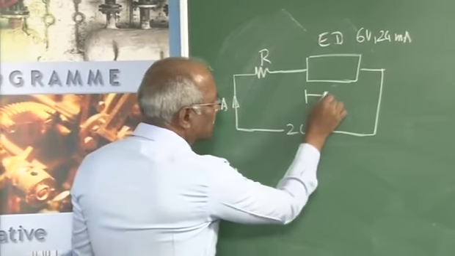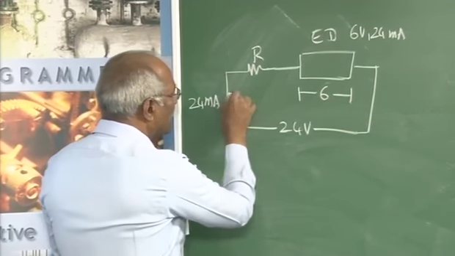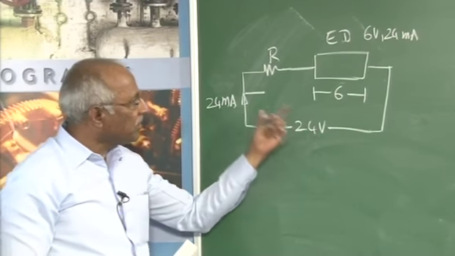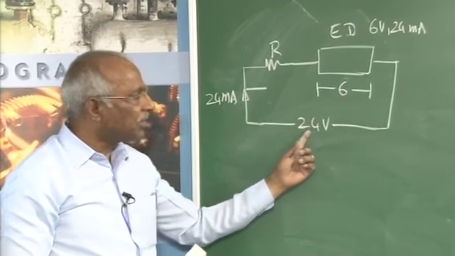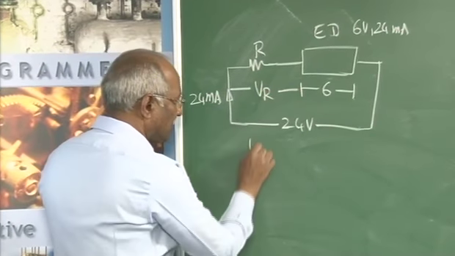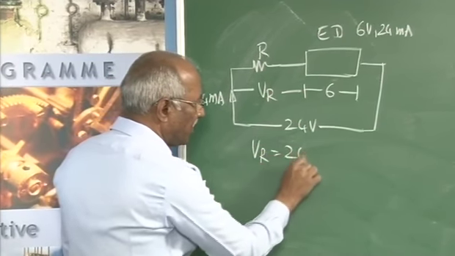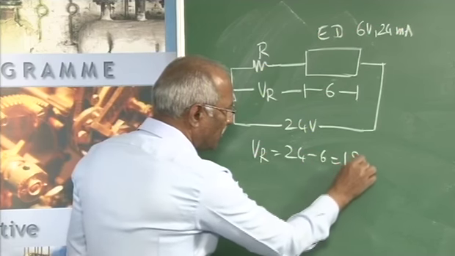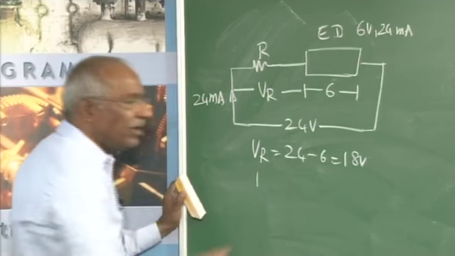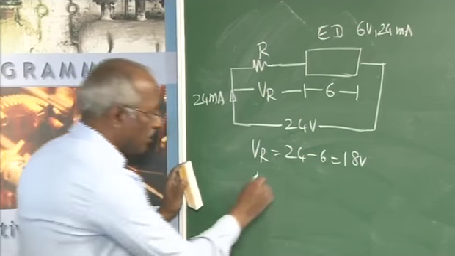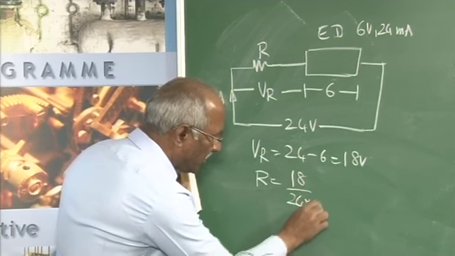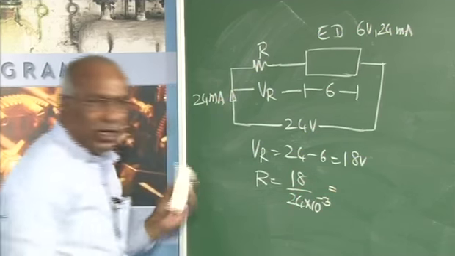This being 6 volts, according to Kirchhoff's voltage law, the sum of this voltage and this voltage must be equal to this. In that respect, the voltage across the resistor can be taken as 24 minus 6, which comes to 18 volts. If that is the case, what will be the value of this R? This will be equal to 18 divided by 24 into 10 to the power of minus 3. That gives you a value of